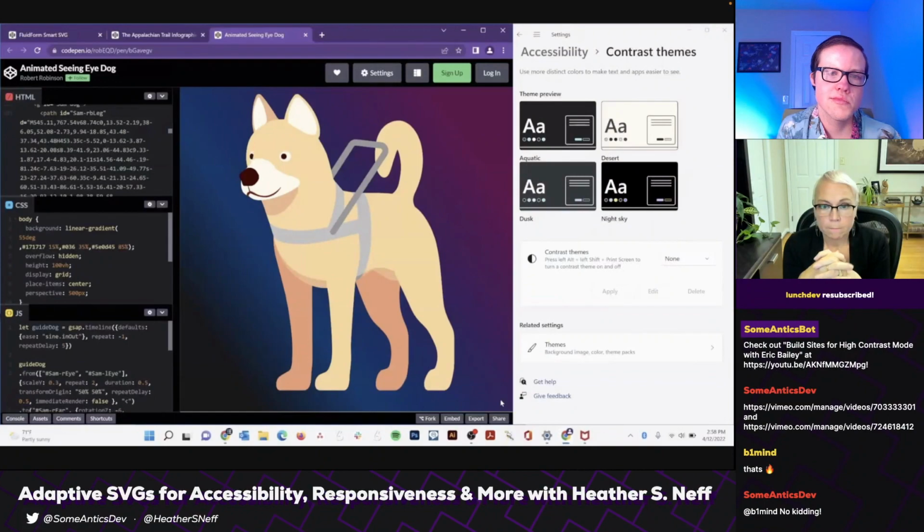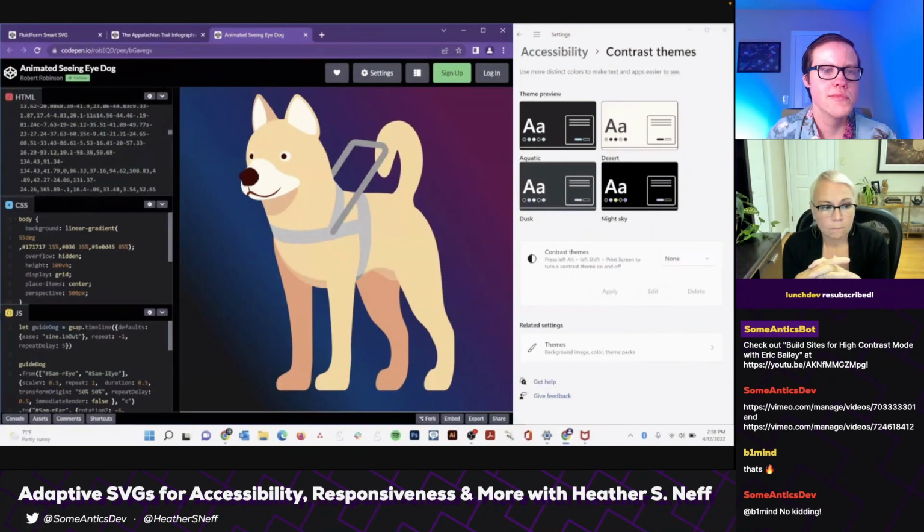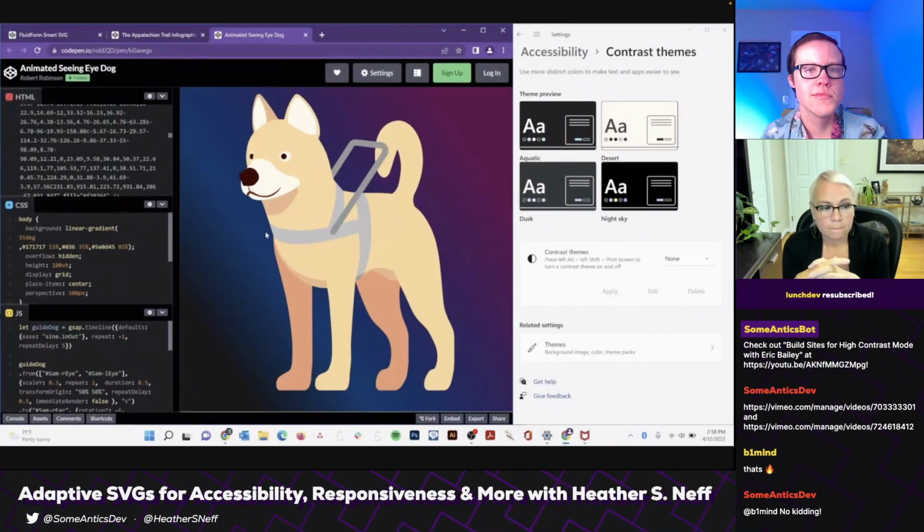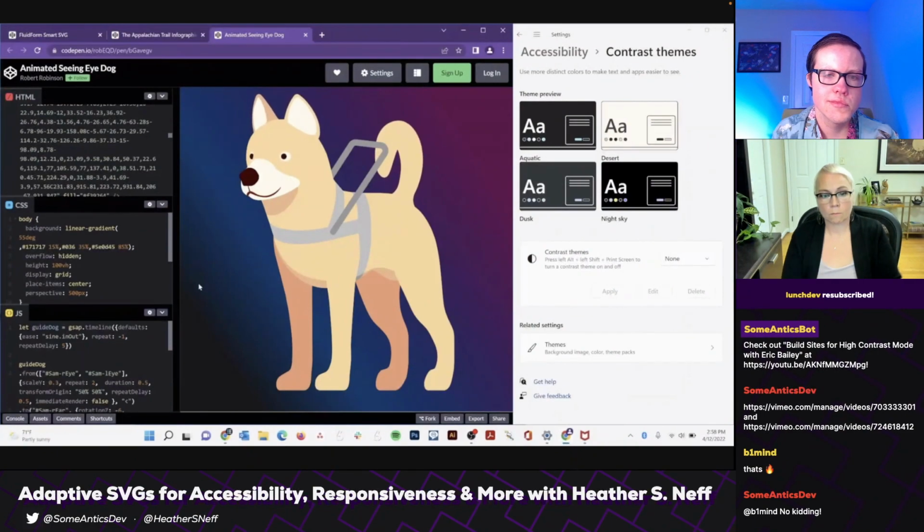And last but not least, I wanted to show you an animated smart SVG. Again, we're in CodePen, where on the left-hand side you see that there's a bunch of code, which is being displayed on the right-hand side of the screen. So on screen, I do have a seeing-eye dog that we illustrated. He's yellow, he's wearing a harness with a handle, his tail is wagging, his eyes are blinking, and his ears